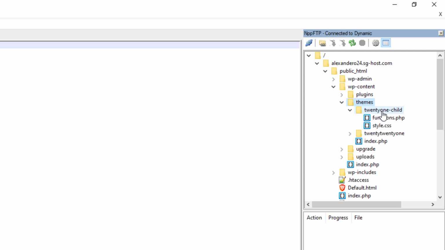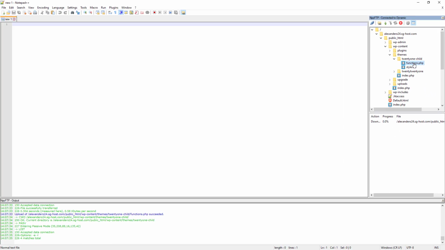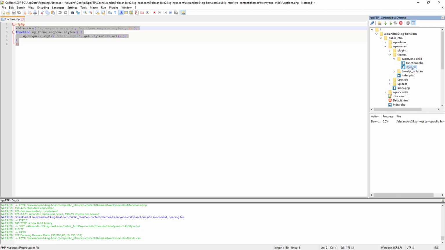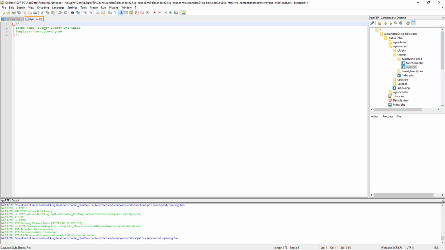And inside of my 2021 child theme, I do have my functions.php, which is basically enqueuing the style.css file from the parent theme. And then I do have my style.css file, which of course I used for creating the child theme. But of course, ideally, if you're working with a child theme, you would already have these two files in place. But what we're going to do right now is we're going to create a new file inside of our child theme directory. And I am going to call this file